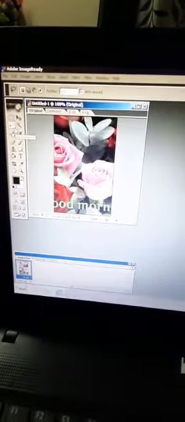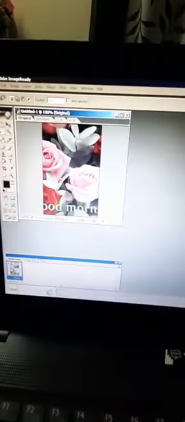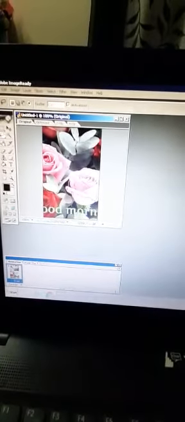Next selection tool is the lasso tool. This is the lasso tool, used for irregular selection. Suppose I want to cut this flower, so just draw the outline of this flower. I'm doing it with one hand, that's why it may not be perfect. Now this is selected,